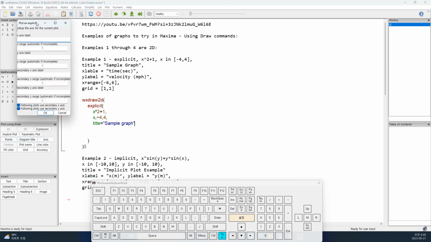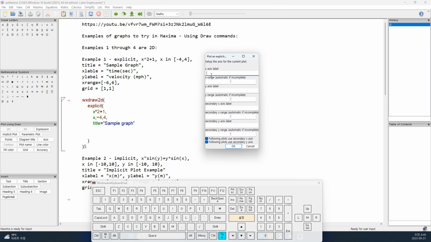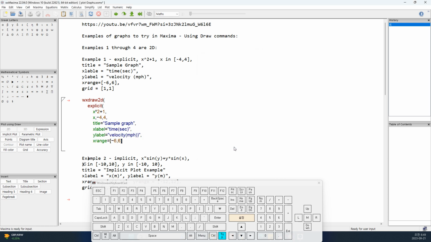When we do axes, we can enter the title for the x label, which we say is time in seconds, and the range of x goes from -6 to 6. We're not going to do a range for y, but we do have a label for y, which is velocity in miles per hour. And we say OK. Then our command starts growing and is interfering with the next line there. So I'm going to put some spaces in there